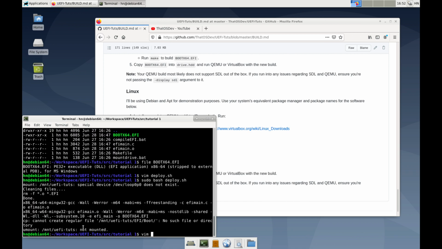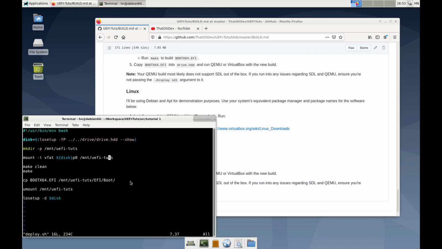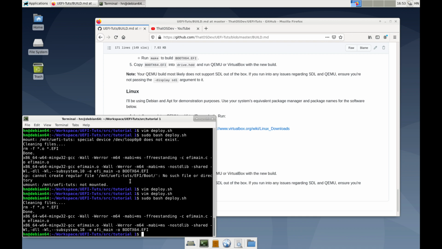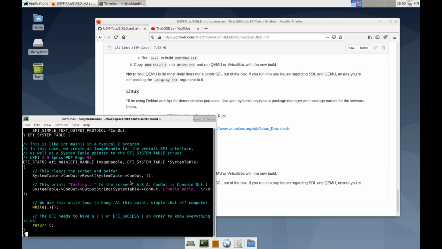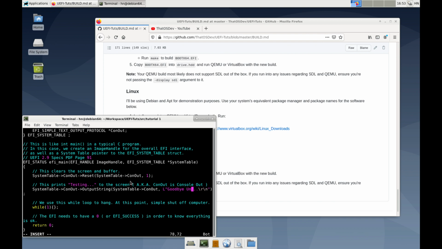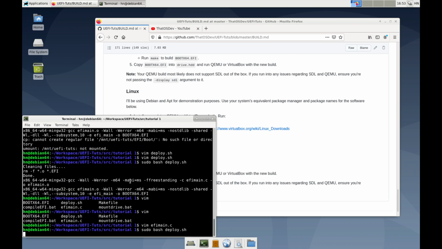Let's have another look at it. Okay, the partition number is 1, not 0. Let's try again. Very good. Okay, so let's modify our source file again. EFI main.c, so where we say hello world. Okay, let's call it goodbye universe. Okay, and run our deploy script